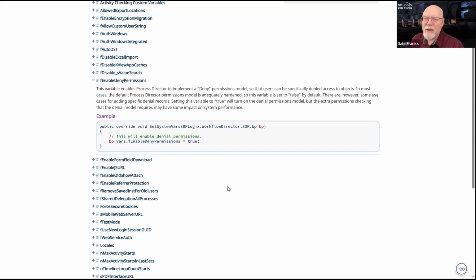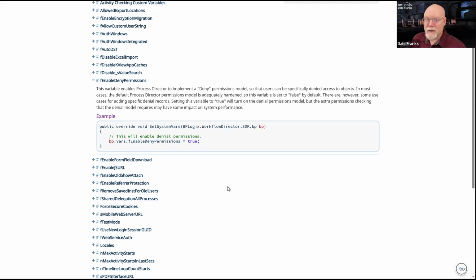So we're going to need to implement a deny permission on that instance for that lawyer so that whether he wishes to recuse himself or not, he cannot have any access to the work that we're doing for our client who is suing his sister. And by implementing deny permissions, every time someone tries to open that form or a form instance based on that form or one of the documents attached to that form, Process Director will have to do a check to be sure that person is not on the deny list.